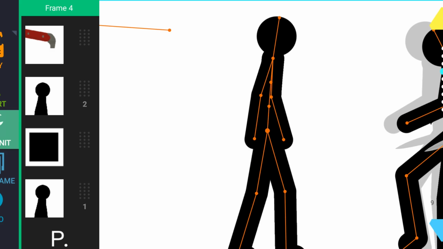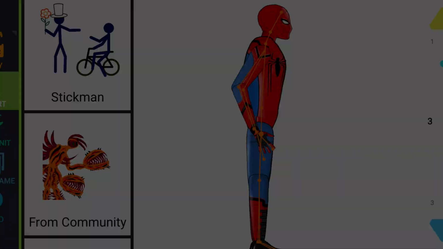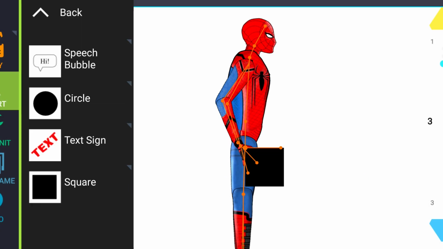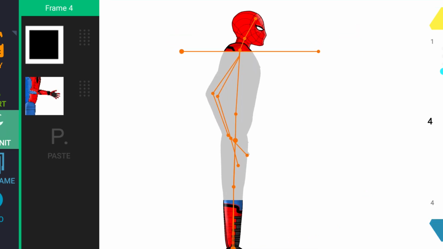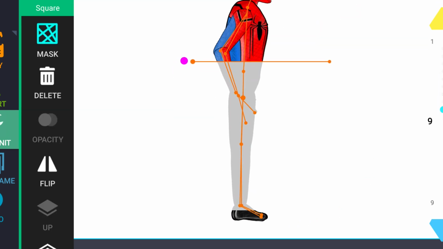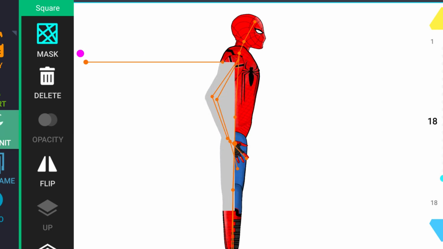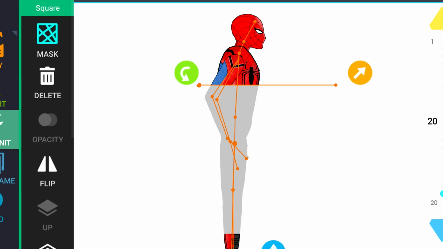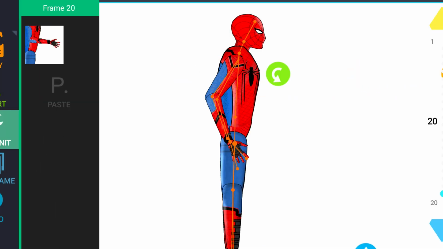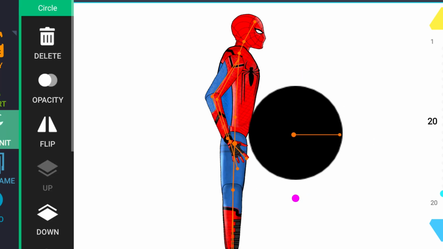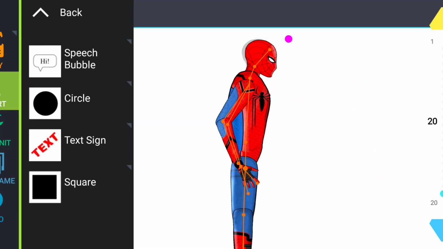So what exactly is masking? Think of it as a tool that allows you to control which parts of a character or object are visible and which are not. Masking lets you create the illusion that something or someone is interacting with the environment in a very realistic way. With masking, you are essentially cutting out specific areas of an object or character so it can hide behind things, appear from behind doors, or even pull items out of a pocket, all adding layers of